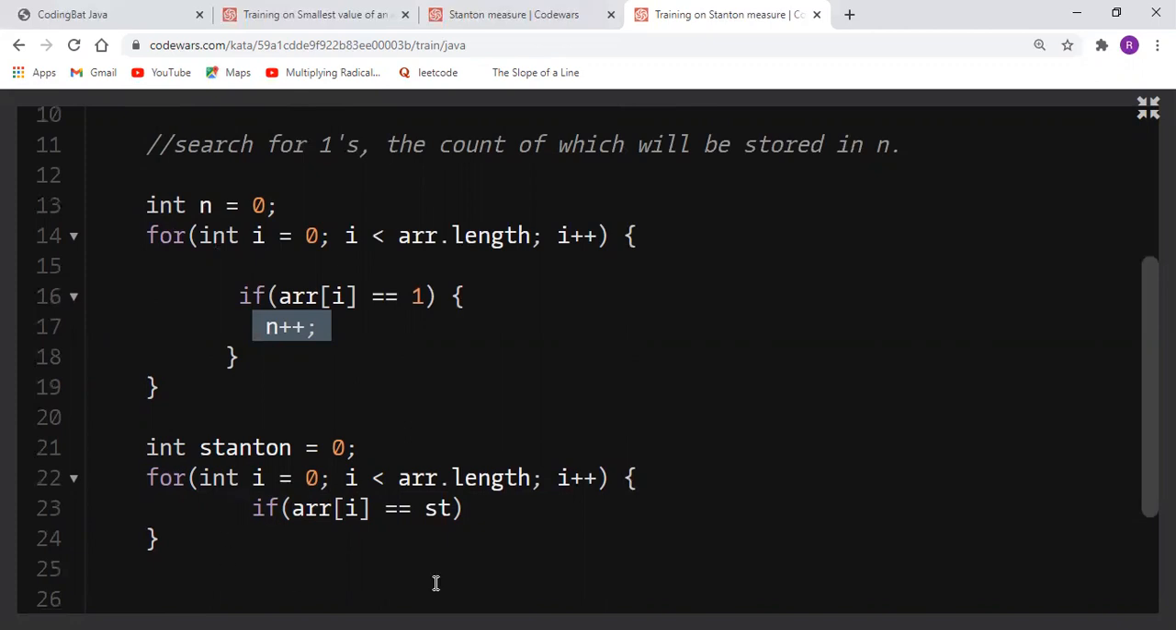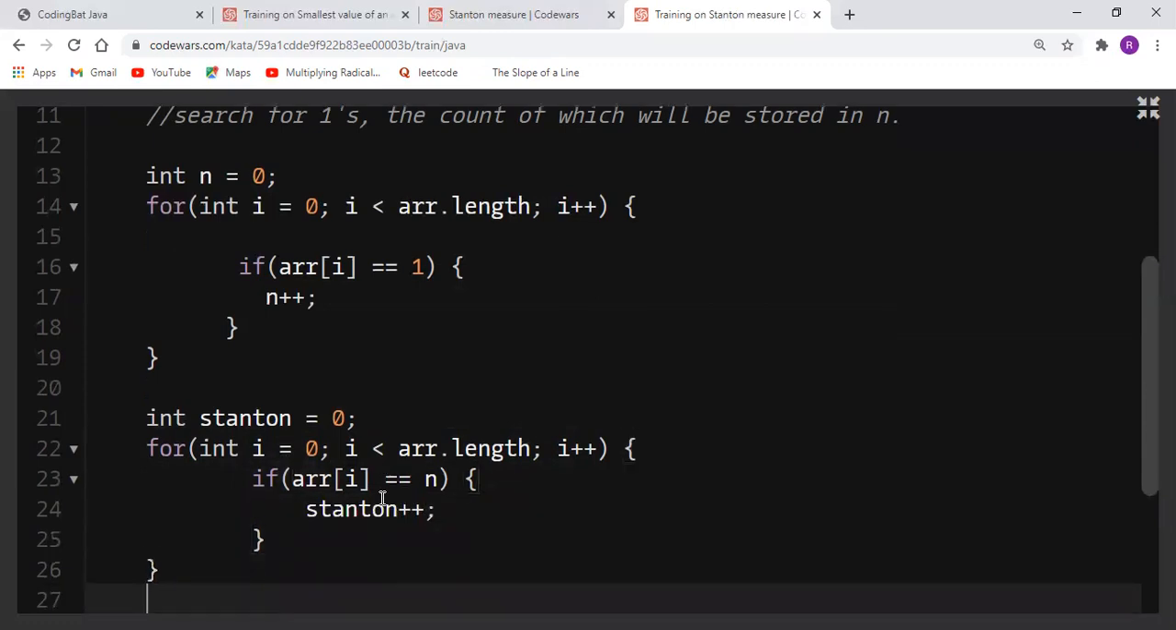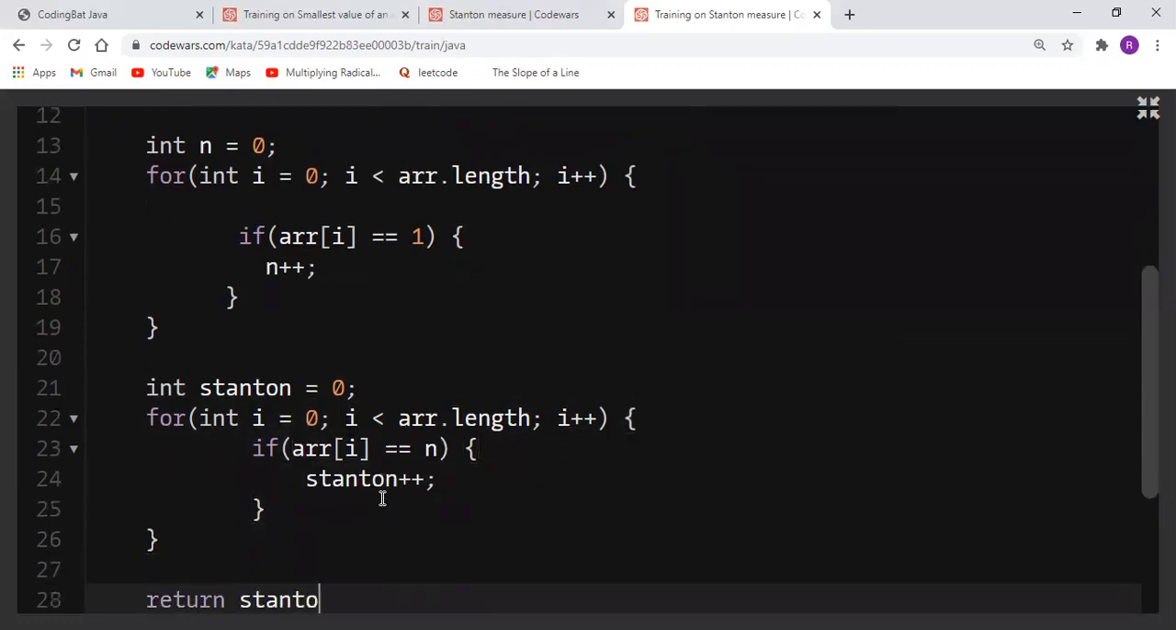And Statin will be how many times n occurred. So we'll say that if ARR of I equals n, then we'll actually increment Statin by 1. And after this is done, I'm sure we can just return